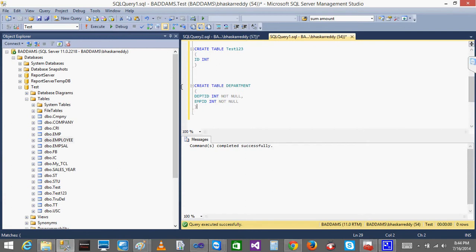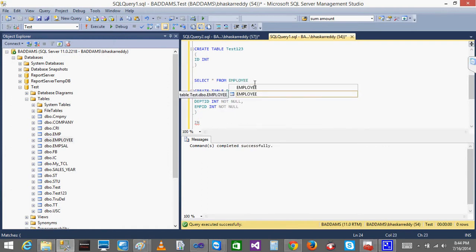So the department table should not allow us to insert the employee ID of employees who are not there in the employee table. Let's try this. In the employee table we have just two records, right? Select star from employee.